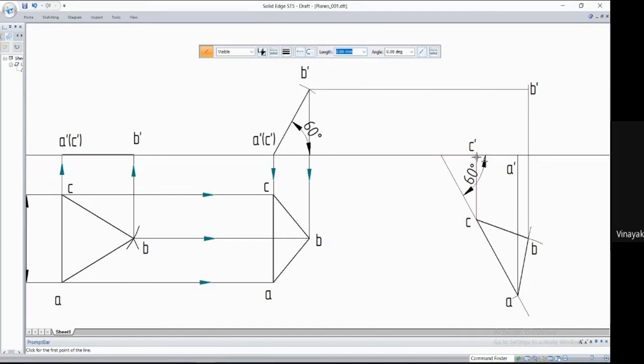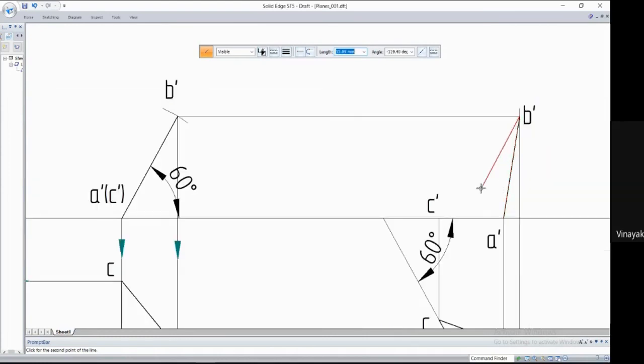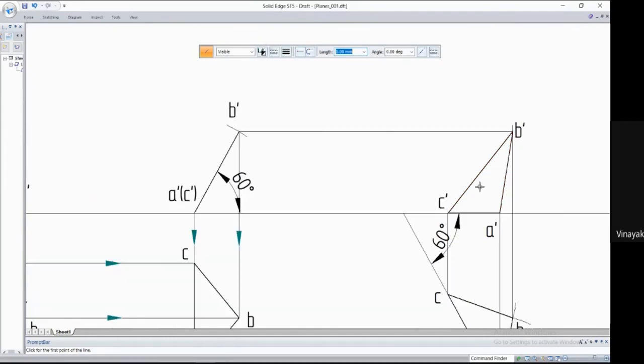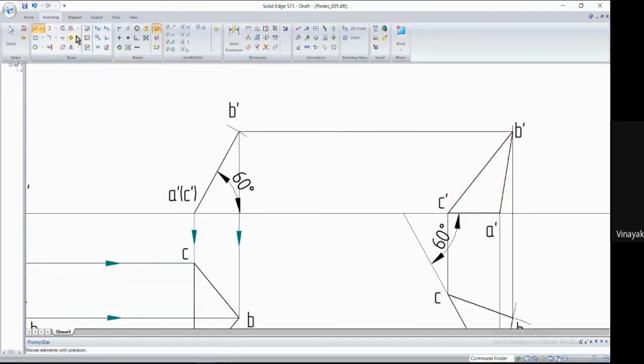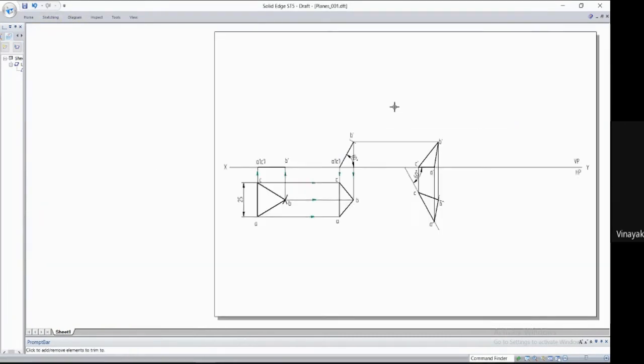So this is C dash. Let me start with A dash. A dash to B dash. Just make sure you get this point. Then C dash, then A dash. Let me just strike this extra line, which is 12. And finally, without fail, you have to show the